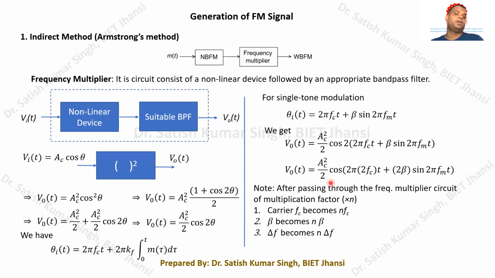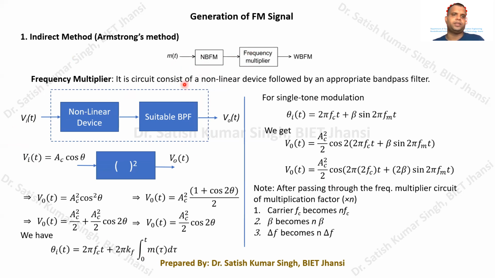If you make an observation, if we give any FM signal as an input to a frequency multiplier circuit, as in this case, we get a signal that is again an FM signal. We have already discussed how to generate the narrowband FM signal in our previous lectures. So first of all, we need to generate an NBFM signal with beta much less than 1 radian, and then this signal will be passed through a frequency multiplier, meaning it will be passed through such a circuit.